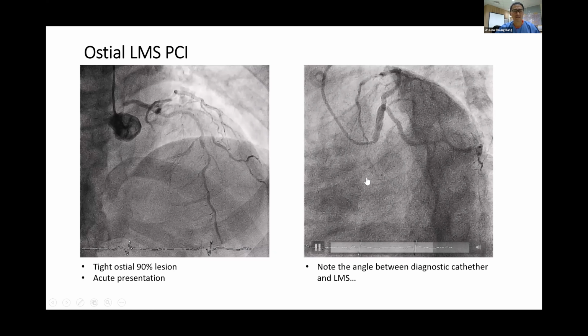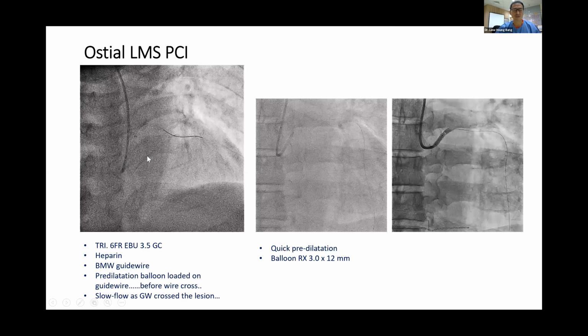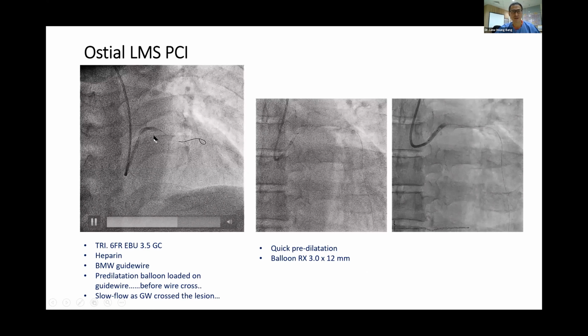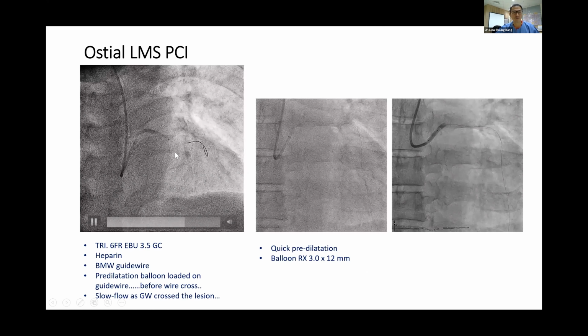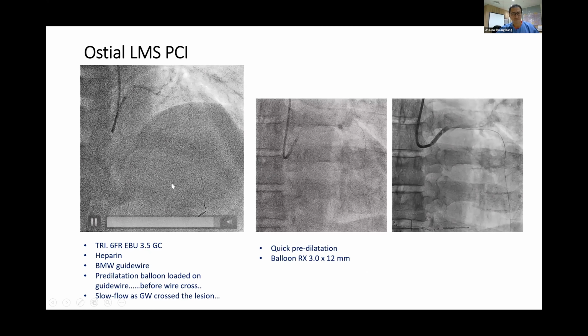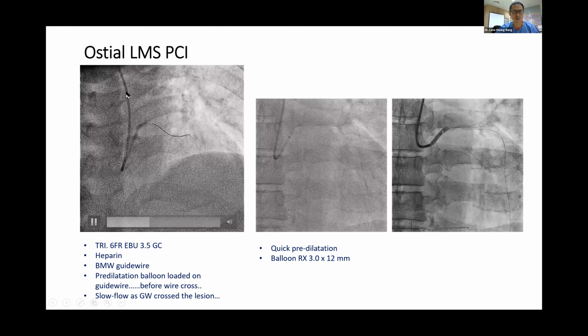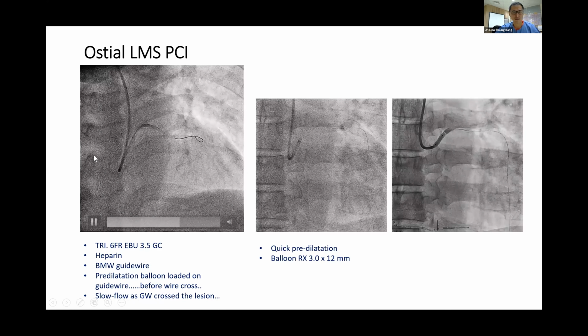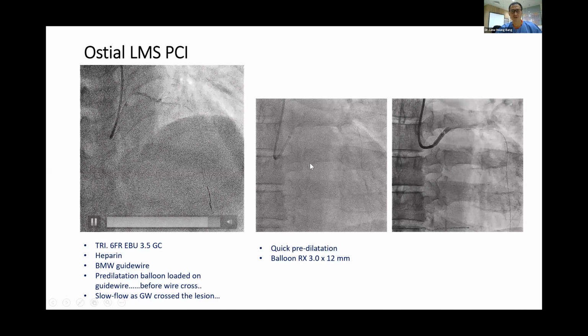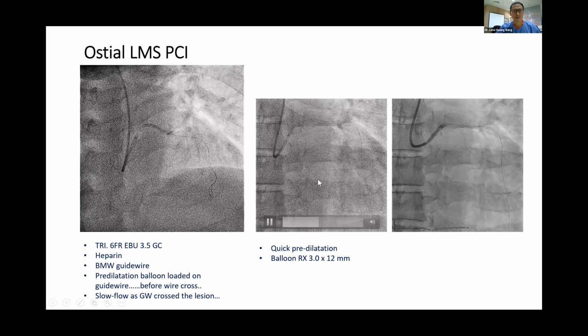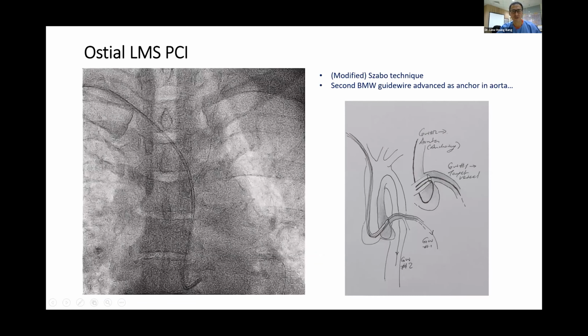So in this case, anticipating it is a very tight lesion, the wire, the moment it goes in, as you can see here, you really start to have impedance of flow. So very important in these cases, before we cross the wire, we mount a balloon on the wire and keep it ready. So the moment you get the wire down, do the balloon dilatation. Minimize the ischemic no-flow time, and hopefully the patient doesn't destabilize. And in this case, after we've done the pre-dilatation,